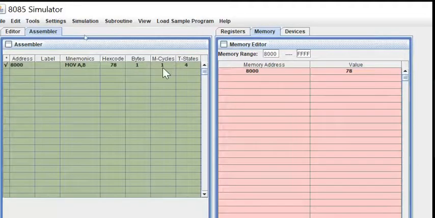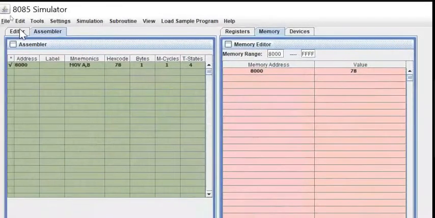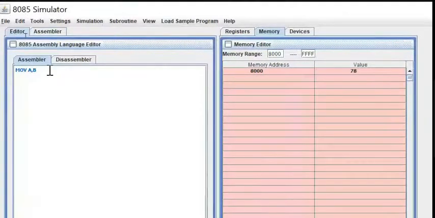Next, the M cycle, that is, the machine cycle. What do we mean by machine cycle? One machine cycle may have one opcode fetch plus more than one execution cycle. So in this example, move A comma B, data from B is moved to A. Only one machine cycle: we need to fetch only the opcode from memory. That is opcode fetch only.